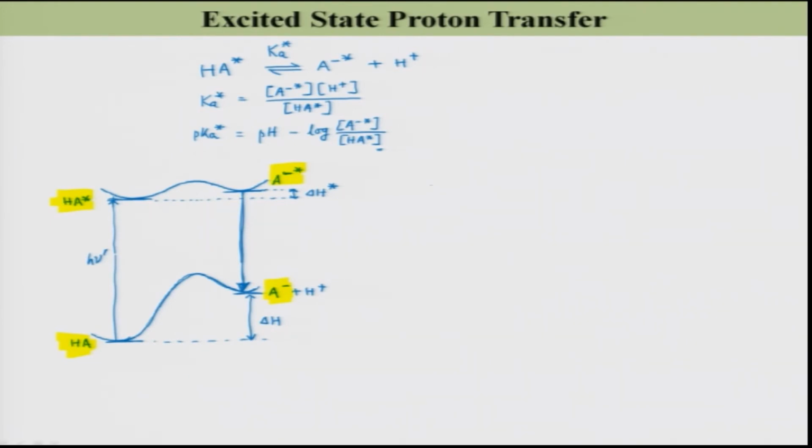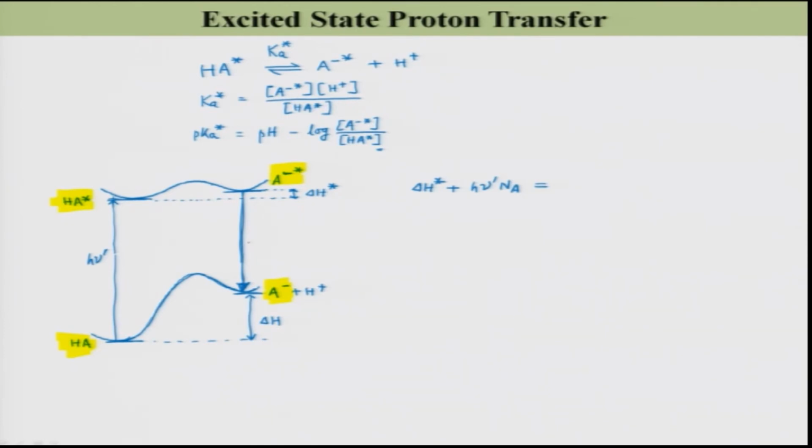So, I can write, let me write here, delta H star plus H nu prime multiplied by Avogadro number, right. That should be equal to,